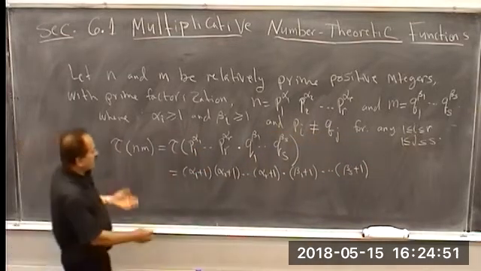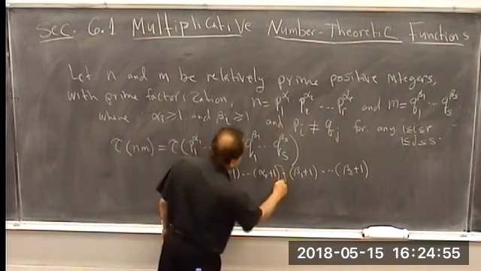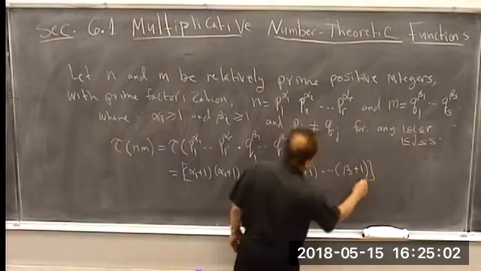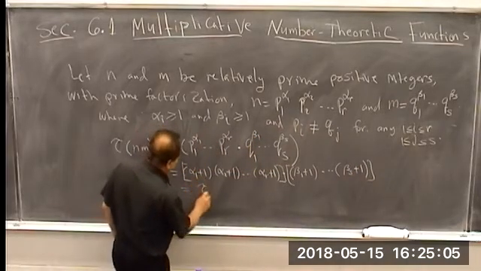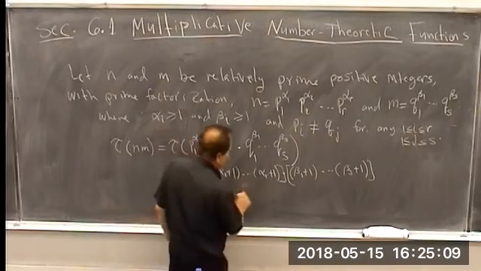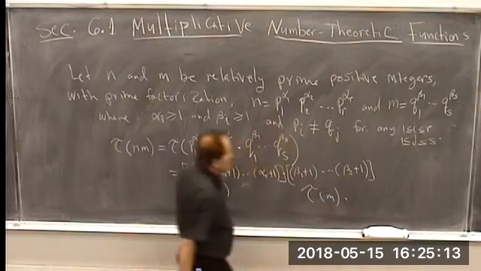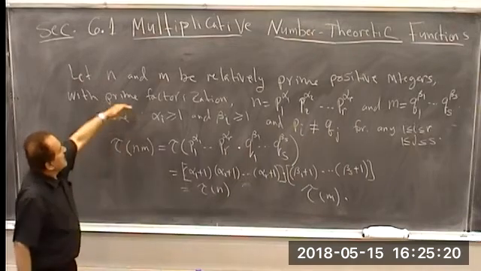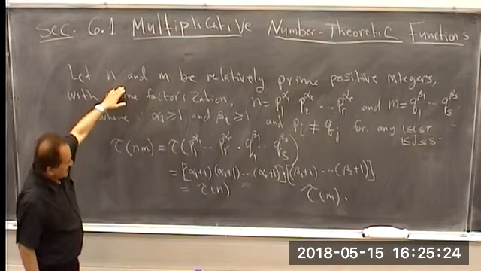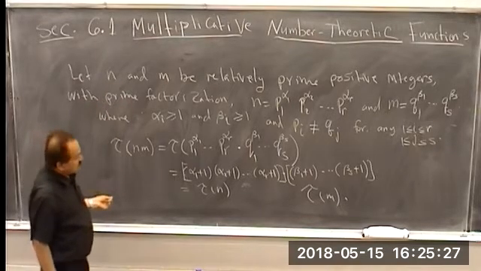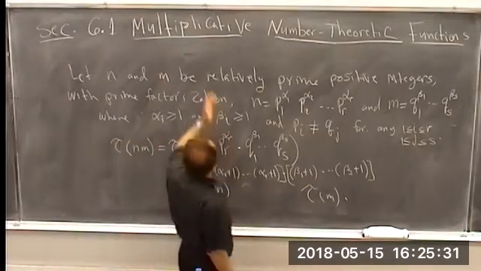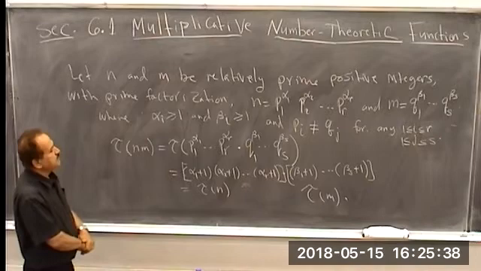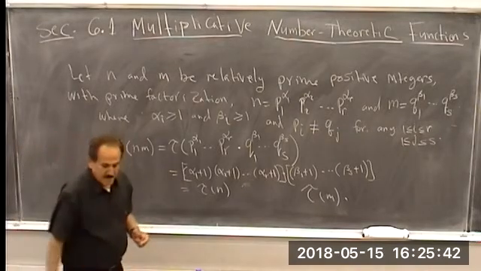And then we can think of this as one factor, which is the product of all the alpha i plus 1, and this is another one, and this one is nothing but tau of n, and this is tau of m. So in other words, we have tau of nm is equal to tau of n times tau of m. That is true, provided that m and n are relatively prime. These kinds of functions, which we will define formally, are an example of what we call a multiplicative number theoretic function. Similarly, when you look at the sigma,